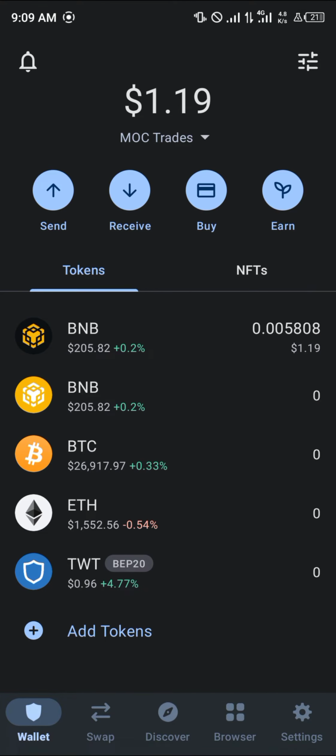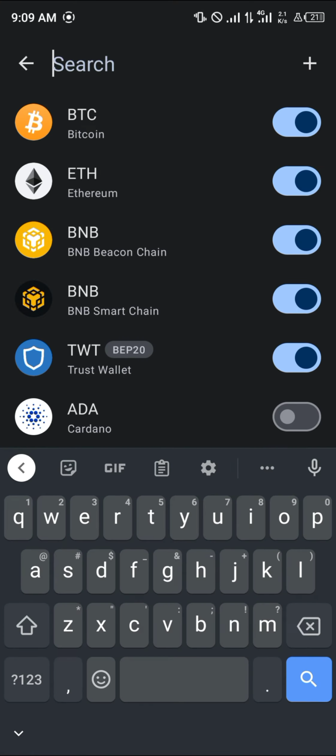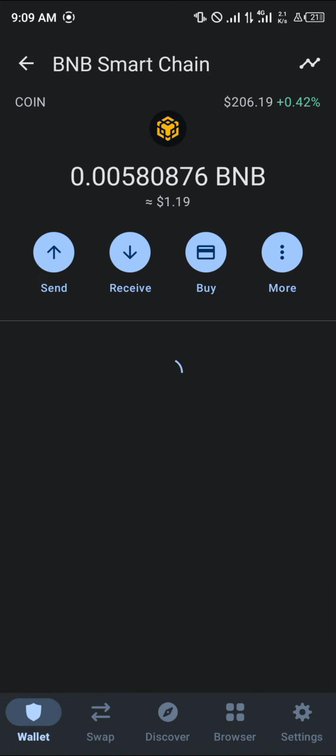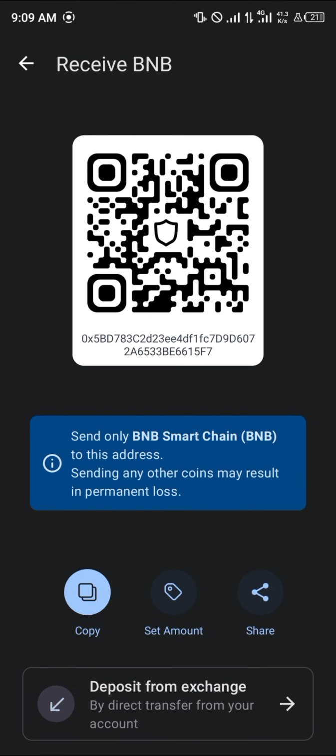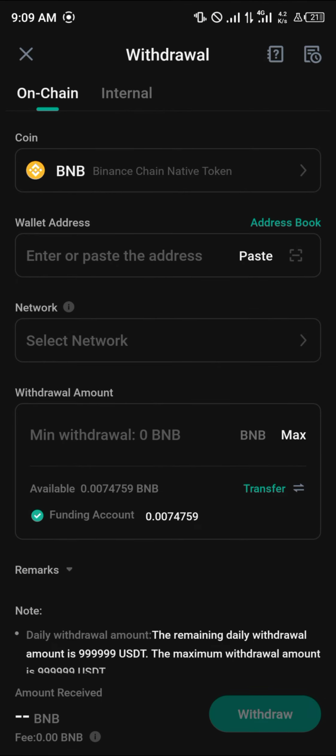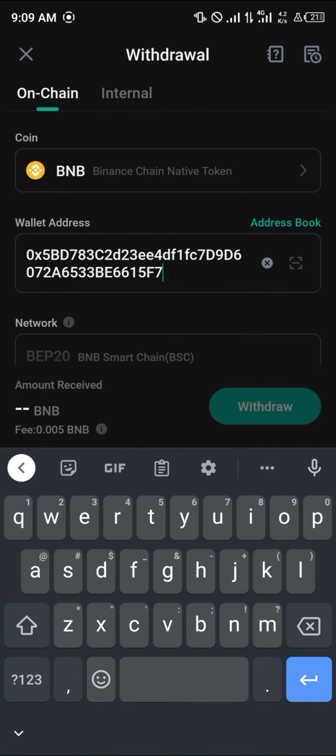If you can't find your BNB, that's the Smart Chain BNB, use the toggle at the top right corner of the screen to search for BNB and select the Smart Chain BNB. Select the receive option, copy the address, minimize, open up your KuCoin, paste the address there, select the network, which would be automatically